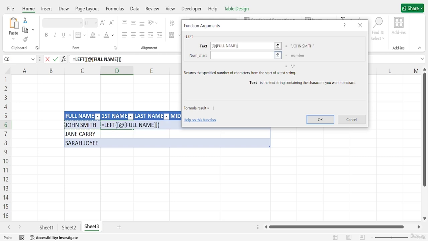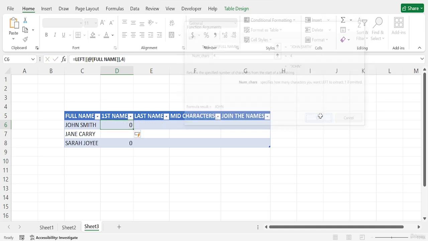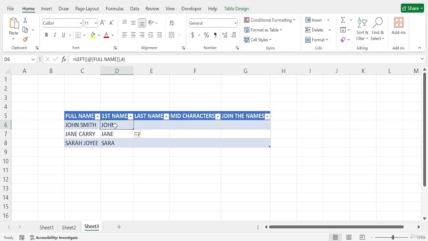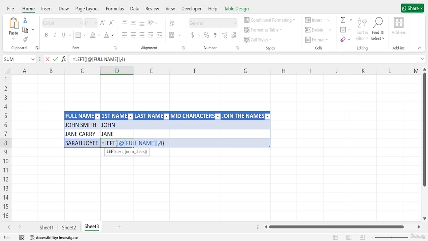I will select this text, and I want to extract the first name, which has 4 characters. So I will add 4 characters, and if I press OK, as you can see, it's John, it's Jane, and it's Sarah.